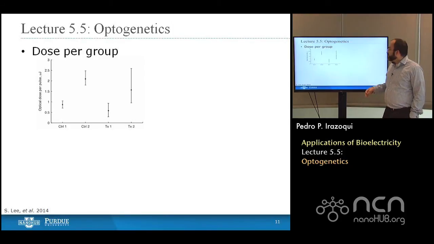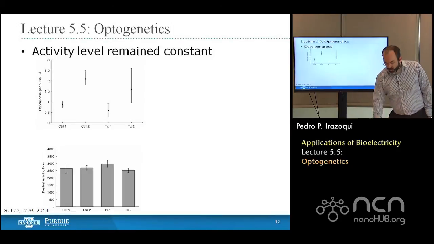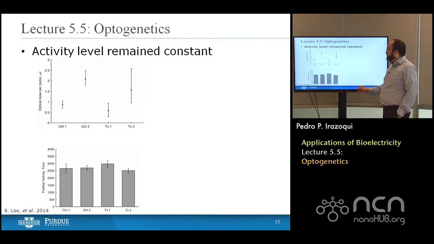and that whatever effect we might see is a result of the light stimulation in the reward pathway. Then we have two populations of animals that we stimulate with different amounts of light to see where that threshold is at which they begin to respond to the optical stimulation. And so over a period of time, you do what's called a conditioned place preference test.